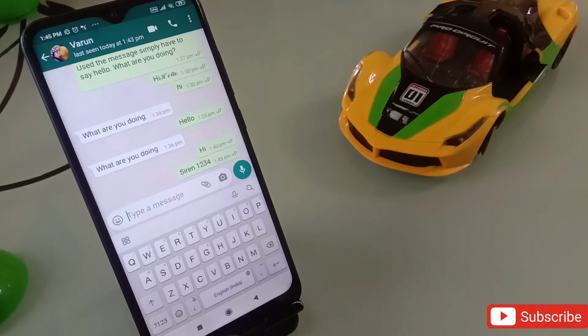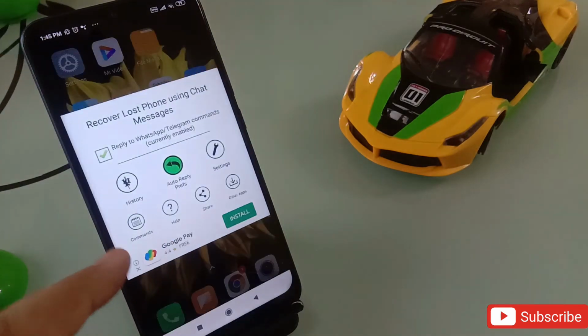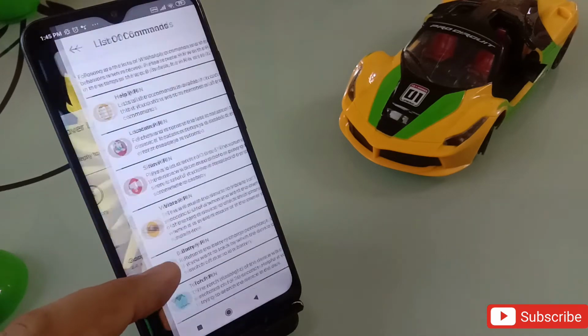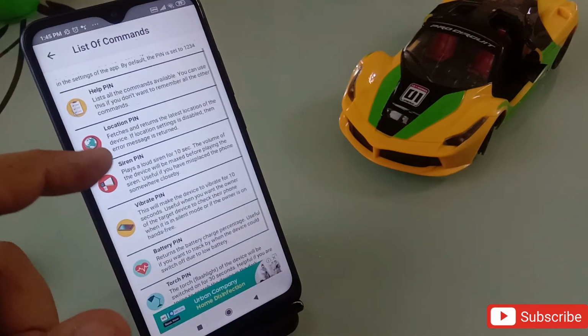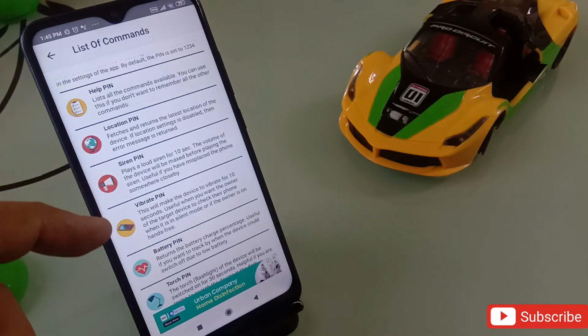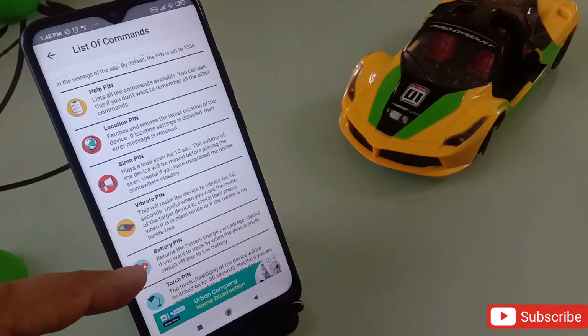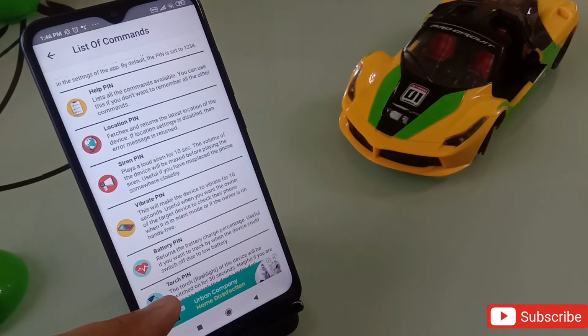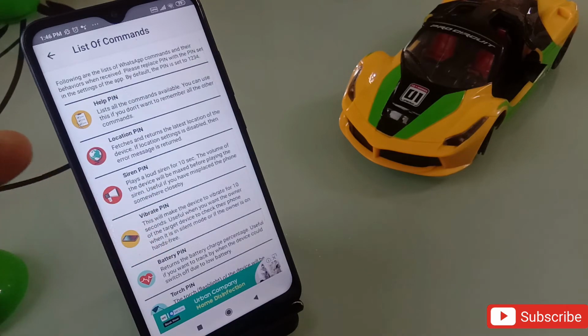Not only this, when you go back to this application here, there are some commands which you can also use on this application. See this? These all are the commands which are there. You can see this one. This is the location. This is the siren, vibration. You can vibrate your phone. You can also know what is the battery right now in my phone. You can also turn on the torch in your phone at any point of time just by sending one message